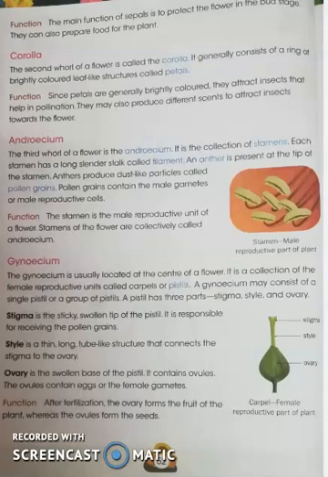So the second whorl of the flower is called corolla. Corolla is the whorl that consists of the colorful leaf-like structures called petals, right? The petals are generally bright colored. So they attract the insects which help in the pollination process, right? The pollination process is done by the attraction of insects, and these insects are attracted by the bright colors of the petals. And also these petals produce different scents to attract insects towards the flower.